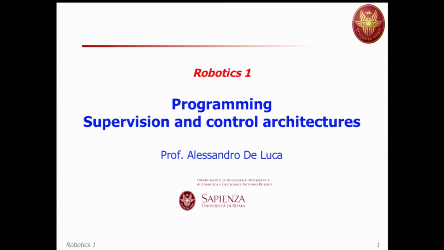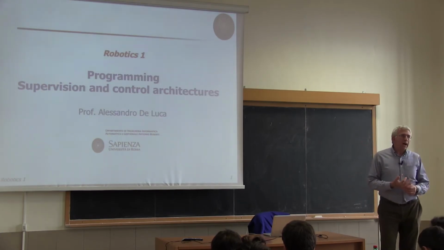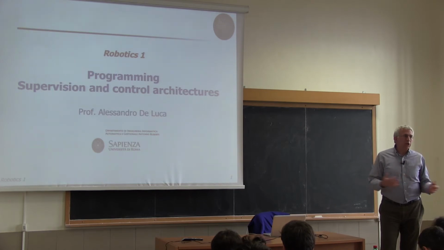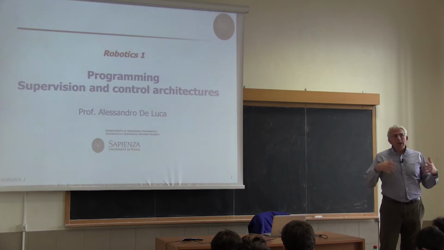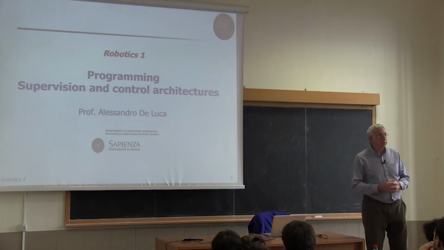Okay, so we can now start looking from more distance at how a robotic system works. We have detailed at least kinematics and inverse kinematics. We will leave the differential analysis to the next lecture. But now we want to see how robots are programmed. And on top of that, what is the general structure of a control architecture or supervision architecture, however you prefer to call it,